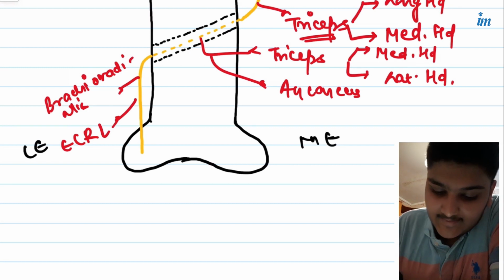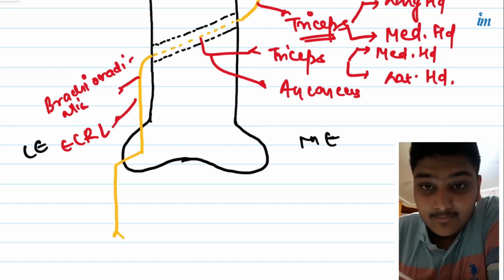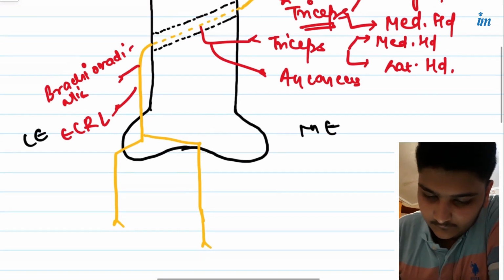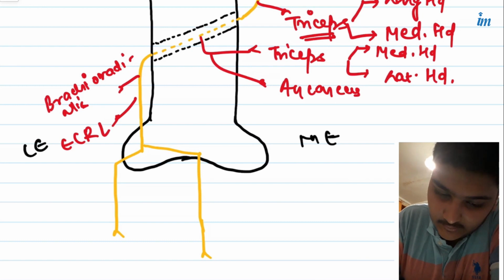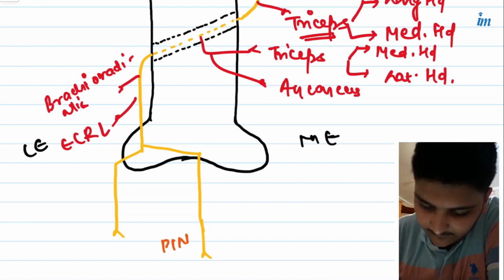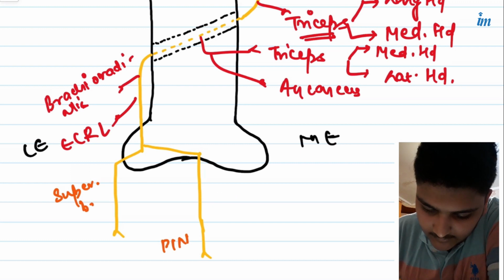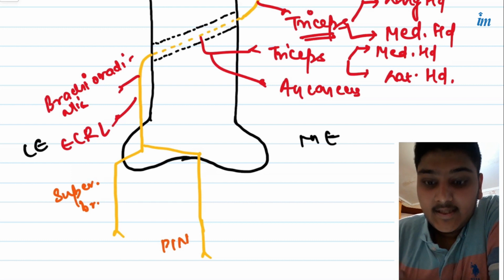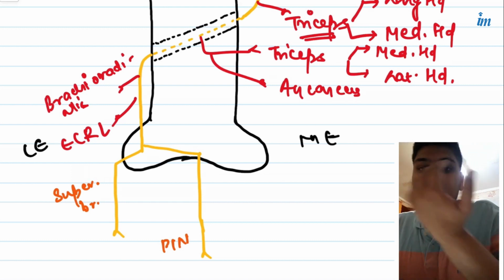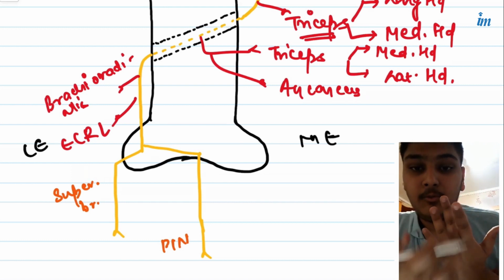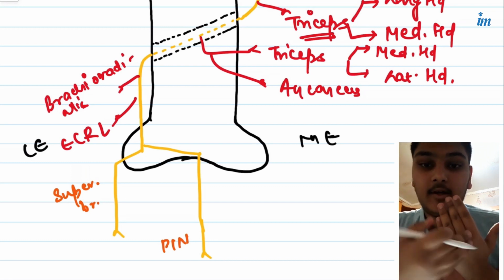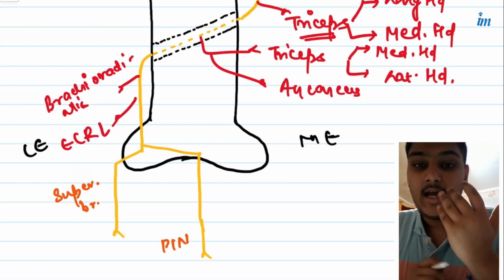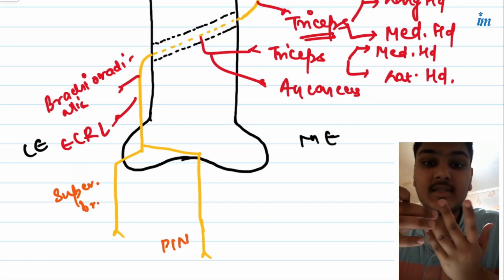Now, as I said, here it will divide into a superficial branch and the posterior interosseous nerve. So this is your posterior interosseous nerve and this is the superficial branch of the radial nerve. Now, the superficial branch is actually a cutaneous branch. It will supply the lateral 2.5 or 3.5 digits of the dorsum of your hand, except the nail beds, because these nail beds will be